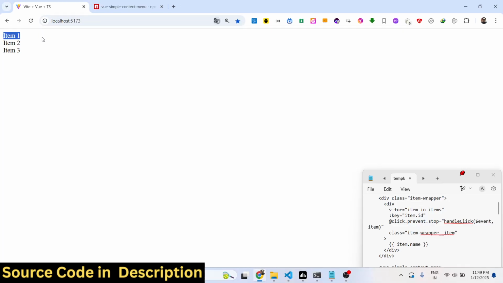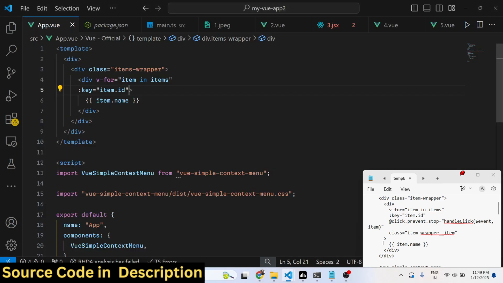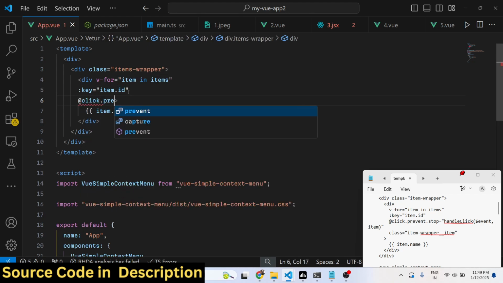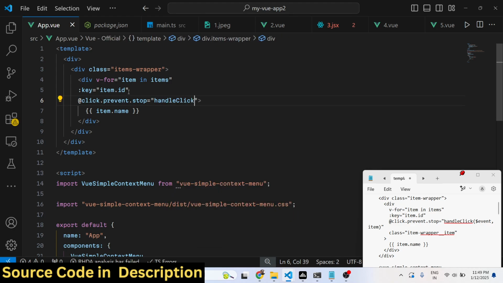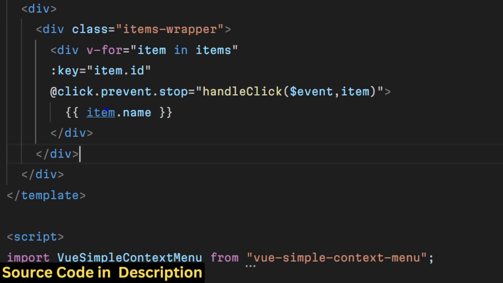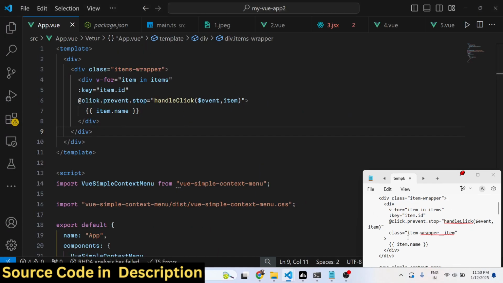When I now click it, no context menu is opened, but to trigger this we now need to bind an on click listener to this. Whenever we click on any of these individual items, you'll simply prevent the default, and we will bind this on click listener handleClick, and we'll pass this event alongside the item. You can see we are binding this on click listener, and we are binding this custom function that we would define. So now we go to the